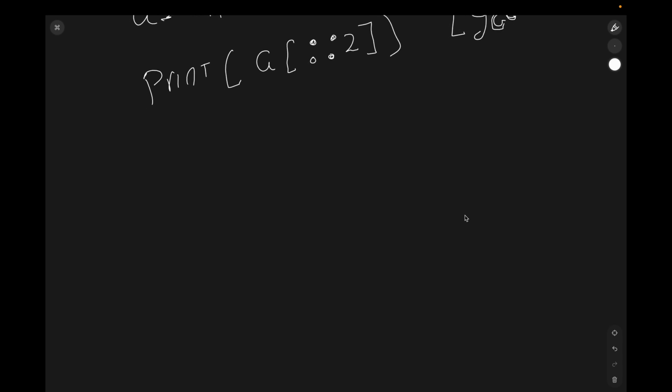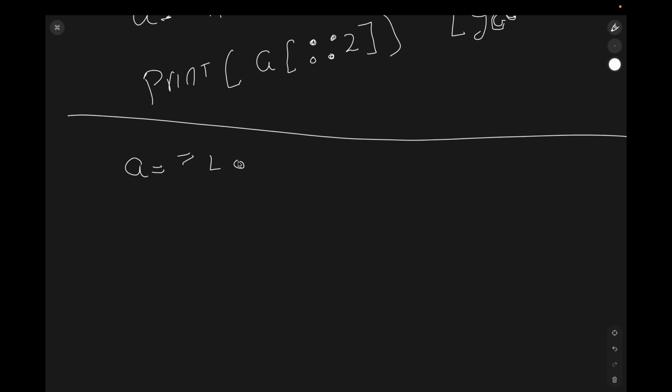This is one way, but here we'll be doing it the other way as well, as I have shown you in the last video something about the for loop. So we'll be using that for loop now. Same example we'll be using here. A is my word LOGICAL, right? So obviously we'll be using a for loop here. I will say for i in range,